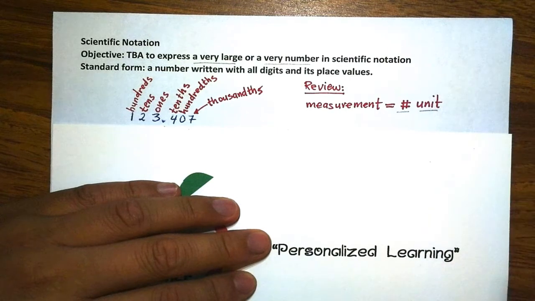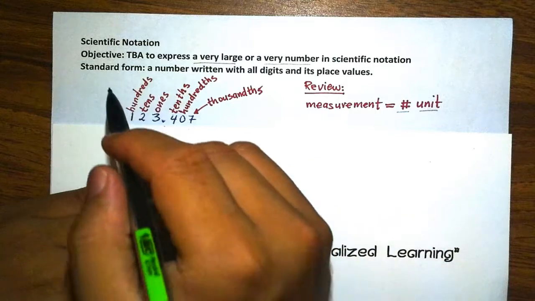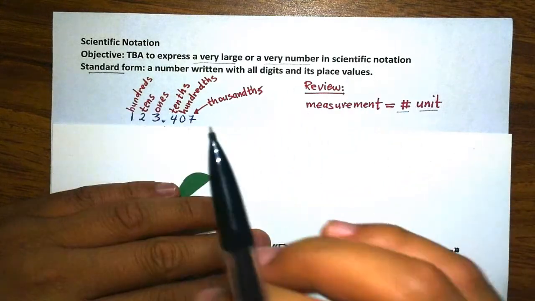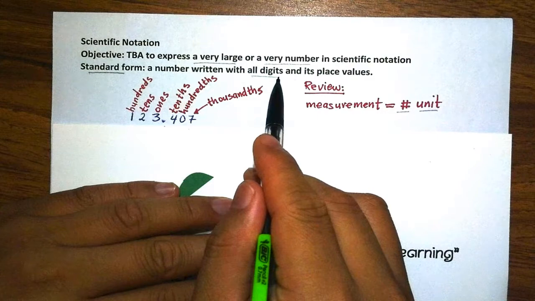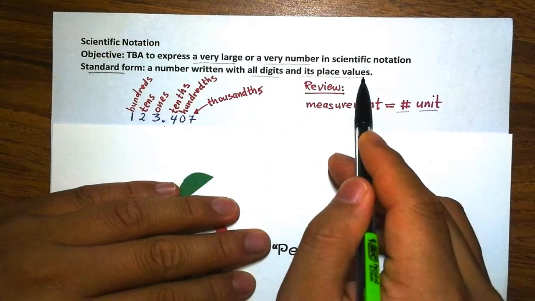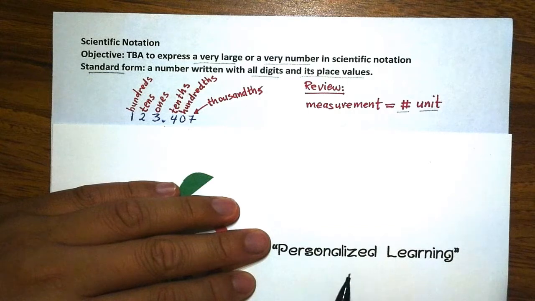Before we look at scientific notation number, let's look at the standard form number. This is the form of numbers that we see in our daily life. Basically, it's a number written with all the digits and its place values of each of the digits. So I have